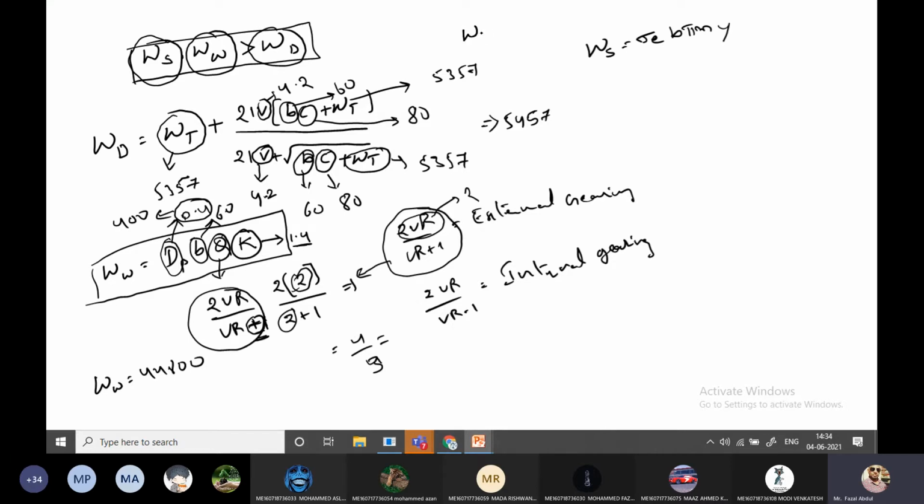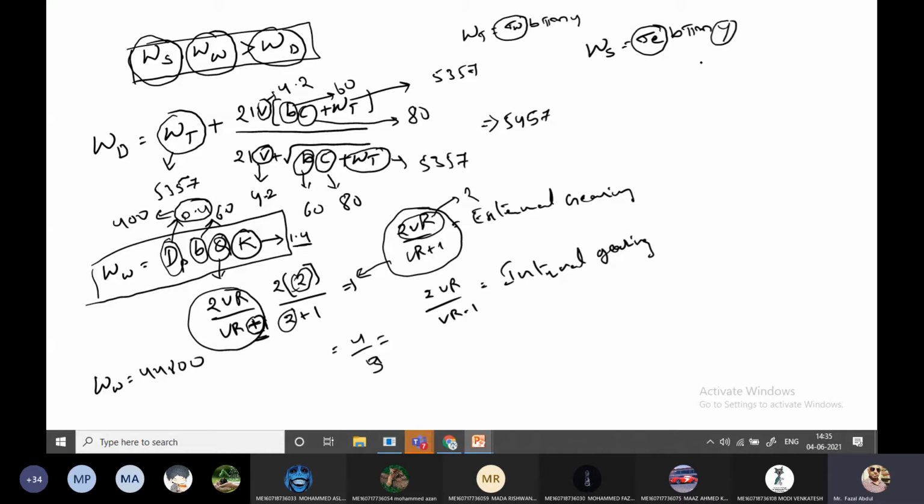The only difference is I am writing here WT equals sigma W into B into pi m into y. Okay. So see the difference. What is the difference here? Allowable permissible working stress here, endurance stress there. Only that is the difference. Okay. Now what is y? Levy's form factor.